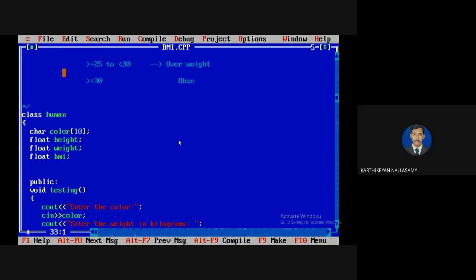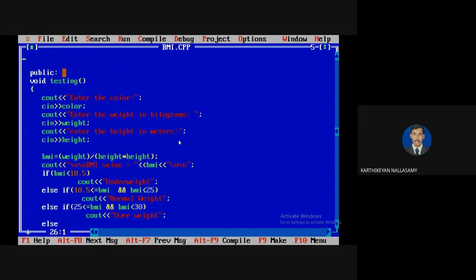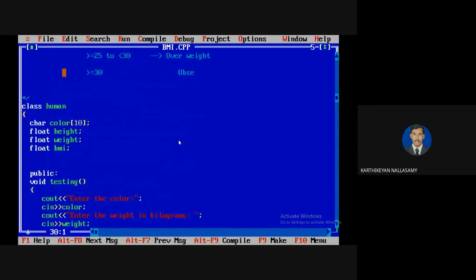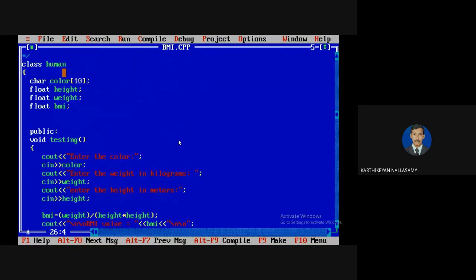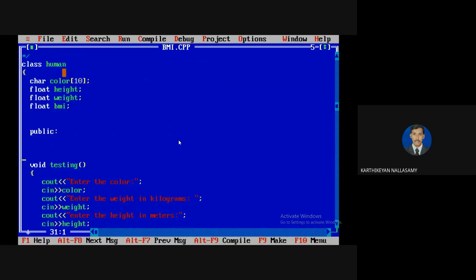Clear? Okay, so until now we didn't try the scope resolution operator. So here I'm going to implement the same logic with the scope resolution operator. The only thing is, if you want to define with the scope resolution operator, the function declaration must be inside, so I'm going to close the class. So I'm going to define void. The function name is testing. It won't take any arguments, so you can simply define it. While implementing that, in between you have to use the scope resolution operator, then the class name is human.